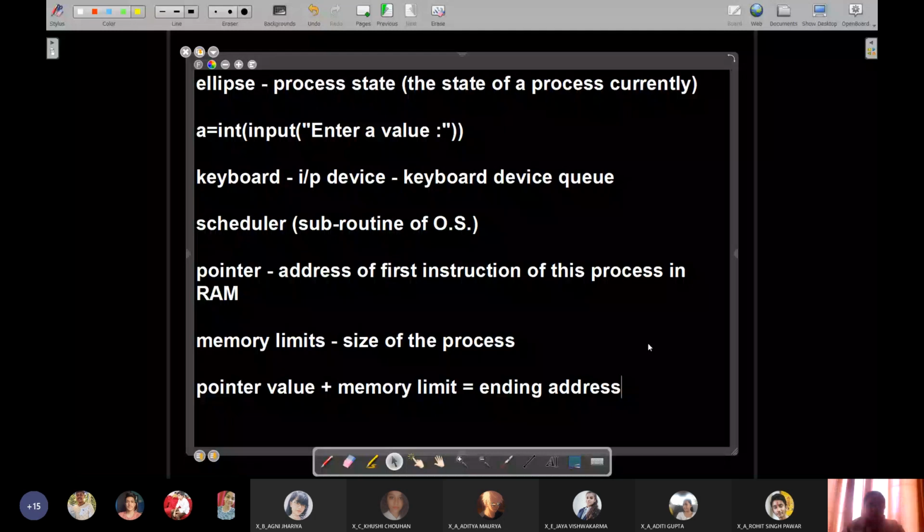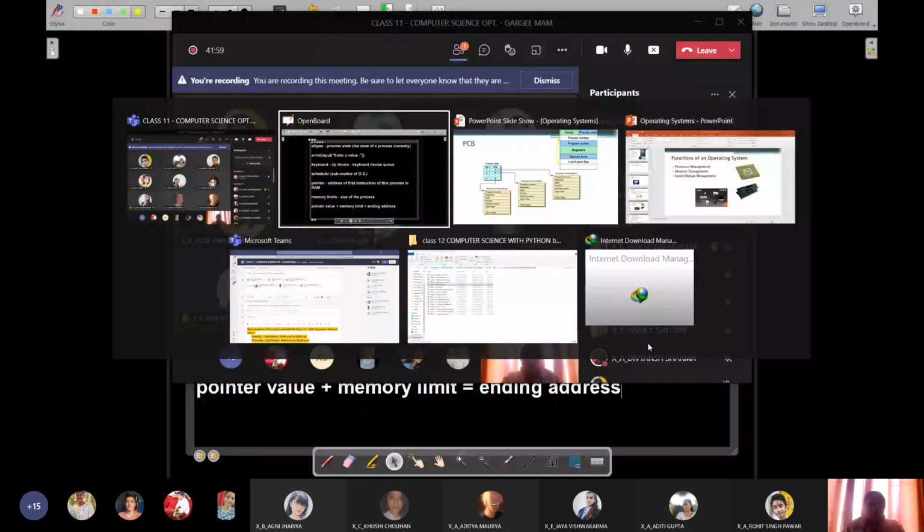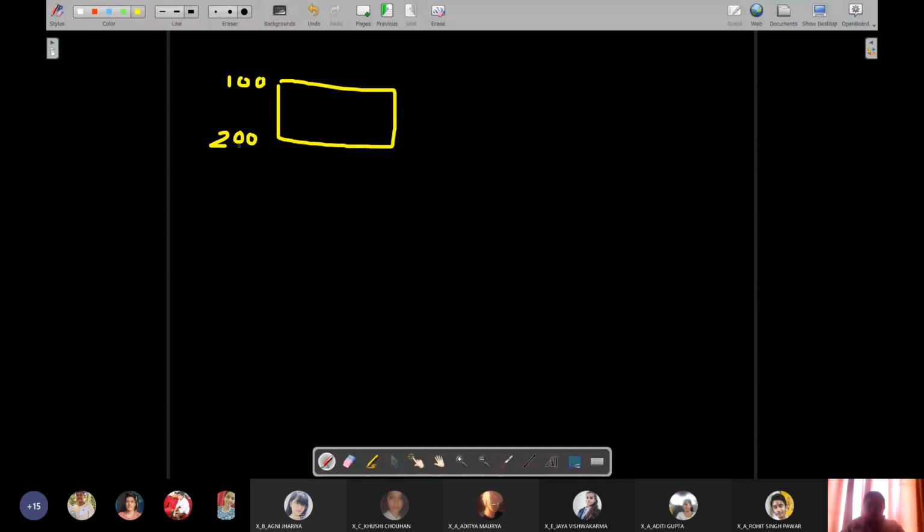Such that in the memory, no process overlaps another process. Like if suppose this is a process which is stored, and it starts from say 100K, and it takes up 100K, and hence its ending address is 200, right?